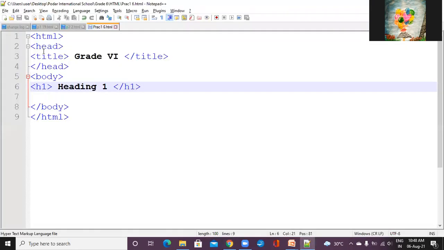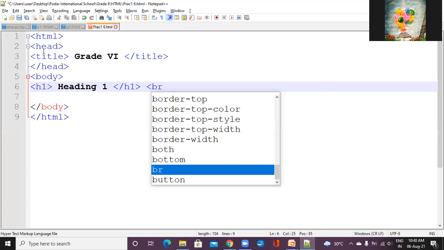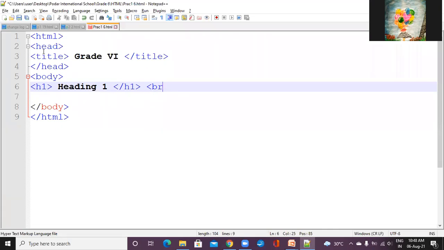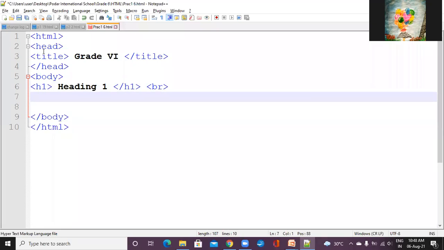By pressing F5, you can see the changes in your practical. I had not pressed F5 yet, so the old output was still showing. Now I'm pressing F5 or you can click on the refresh button. Whenever you click on this, you can see the changes. This is heading 1. Now here I'm using one more tag, the BR tag, that is used to go down, and this is an unpaired tag. I will show what its use is in the next topics.